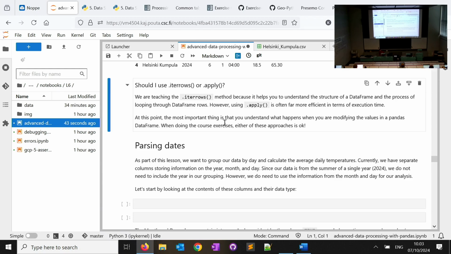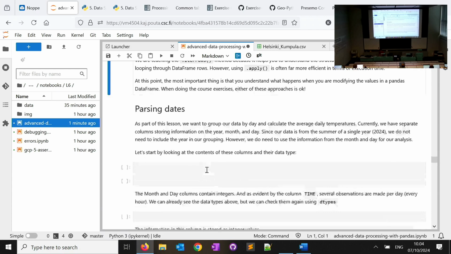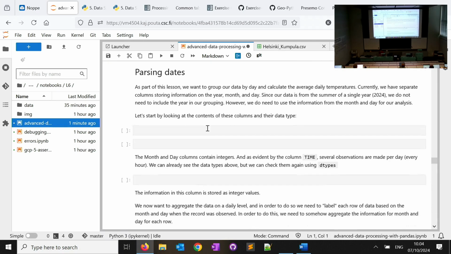So as we saw, if you want to access the rows in your data, if you want to apply some calculation, some function, you have at least two ways of doing that. One is iterrows, which goes through rows. You have more control because you're going row by row, and you can do different things. But with apply, you can just do it with one line of code. It's faster, but it requires you to already have a function defined. Because with iterrows, you can just do the calculation on the fly. But with apply, you have a function already defined, and it's just more efficient. So if you have a large data set, it's better to go with apply, but both of them work fine. So, was this all clear?